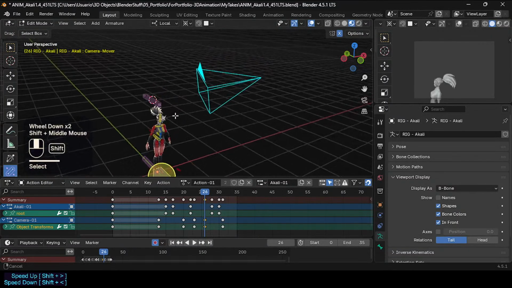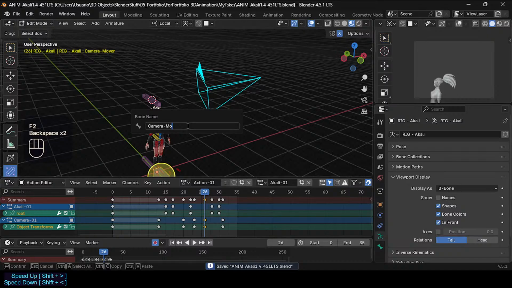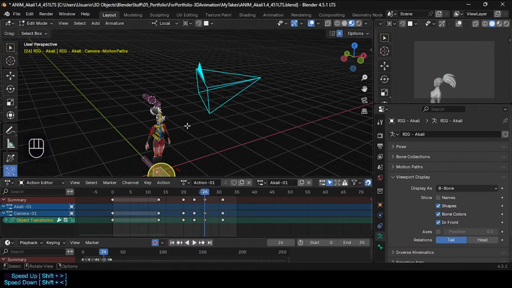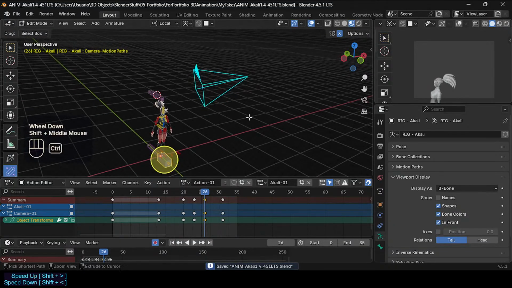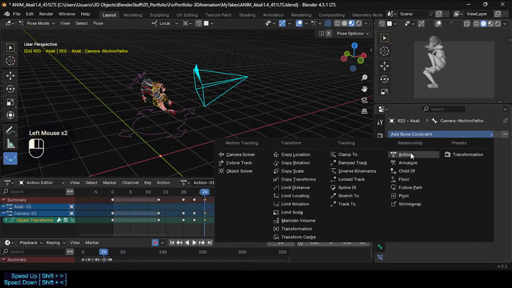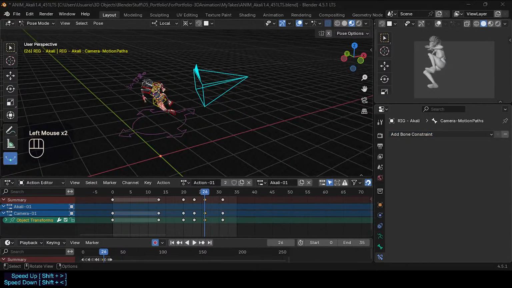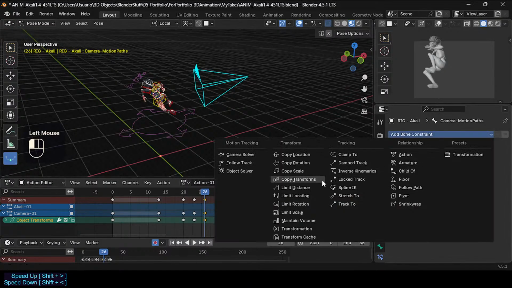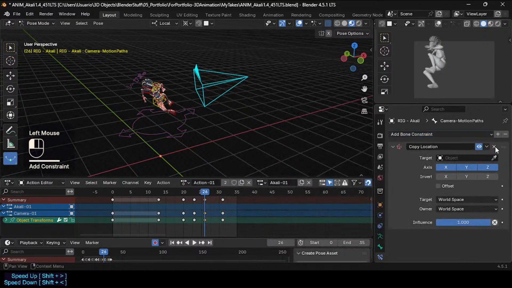I have already this camera, but I'm gonna just use this bone to copy location, yeah, or just